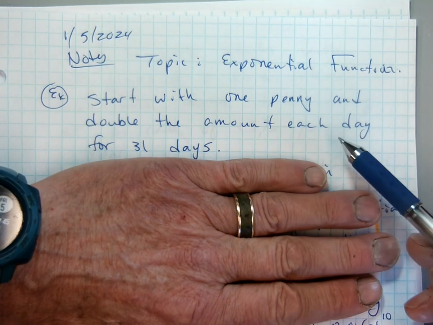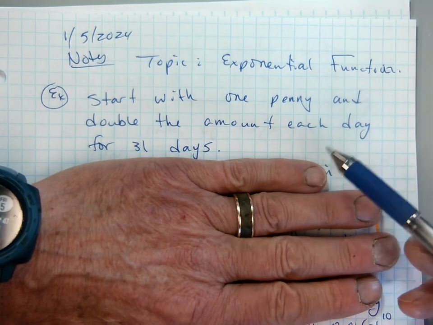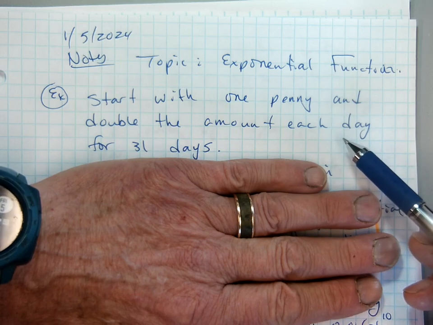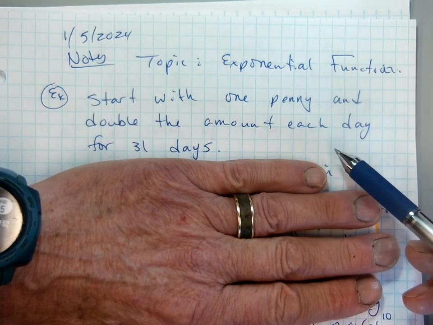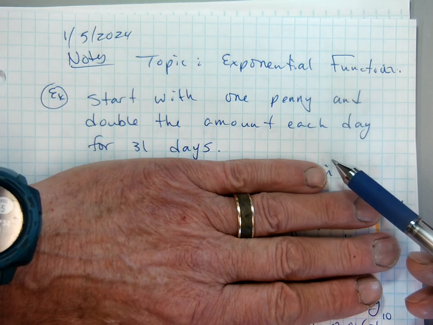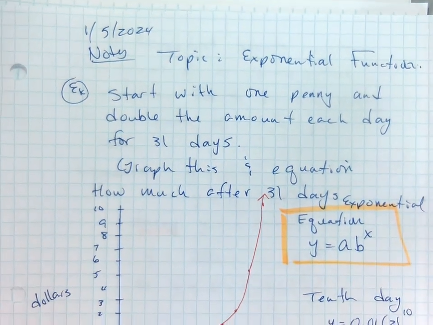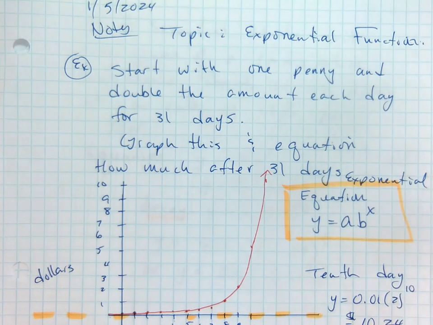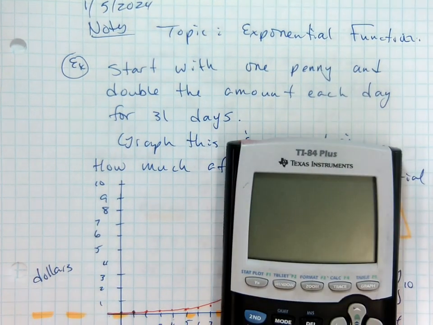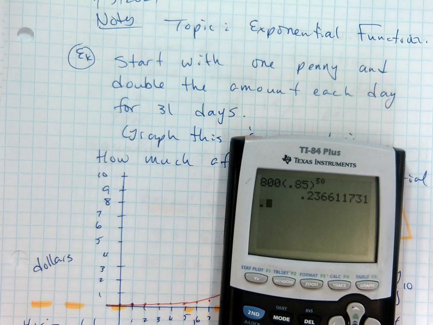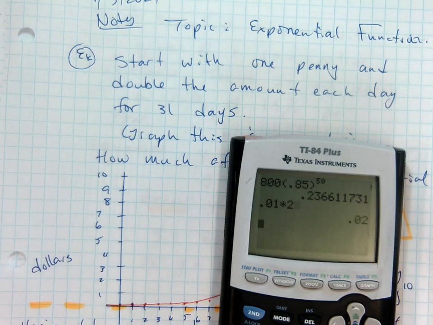So it goes from 1 penny to 2 pennies to 4 to 8 to 16 to 32 pennies, right? 64. Well, how much money would you have at the end of 31 days? So we looked at the problem. So first what we did, we started off with having to graph it. Okay, so then I started off with 0.01 times 2, because we're doubling it,